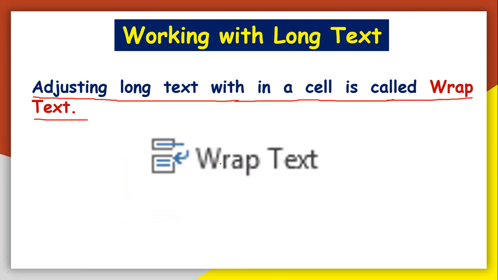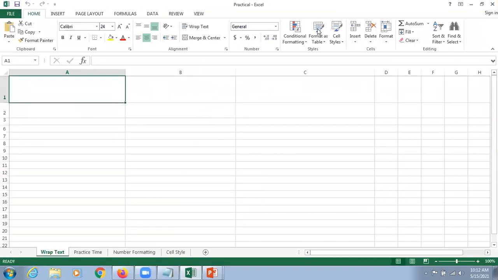I always display such kinds of icons here. Why so? Because with the help of these icons, you can understand and analyze things very quickly. So this is the icon by which we come to know that this is the wrap text option. Now, can we add a practical demonstration here? If you allow me, I'm going to open an Excel sheet where we will perform a practical demonstration.